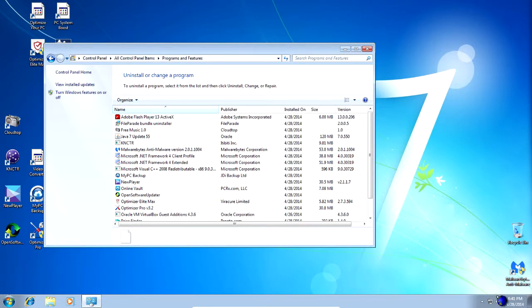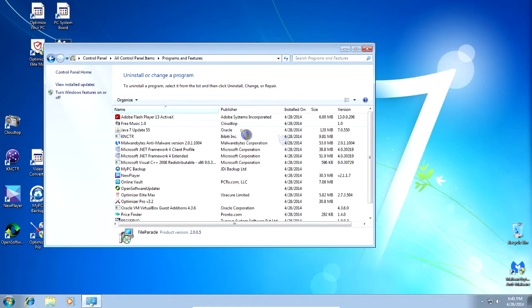But yeah, Malwarebytes just blocked it. So Malwarebytes blocked it, I clicked uninstall again. Windows said it was already uninstalled because Malwarebytes deleted it. And then it said, do you want to delete it from the list? So I said yeah. So this is File Parade Bundle Installer. We want to uninstall this. And Malwarebytes probably blocked it, or just